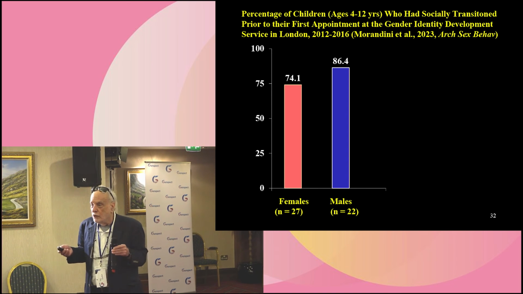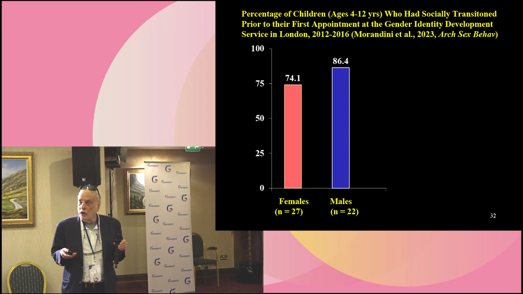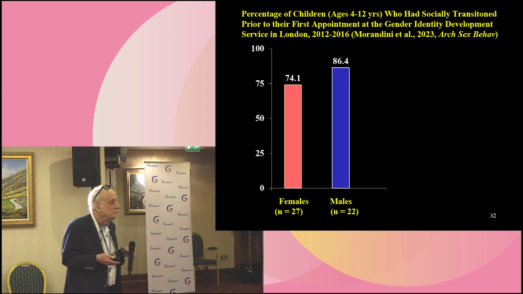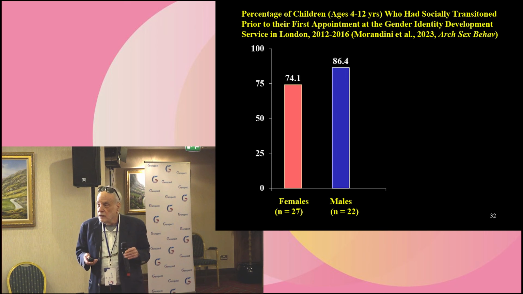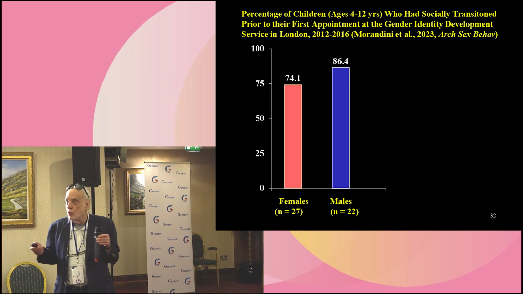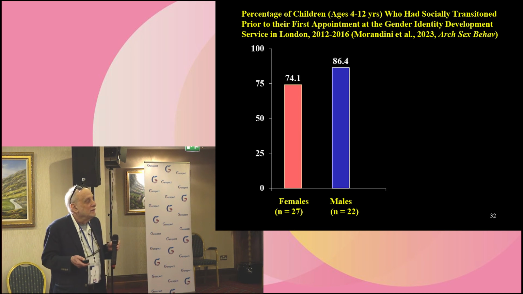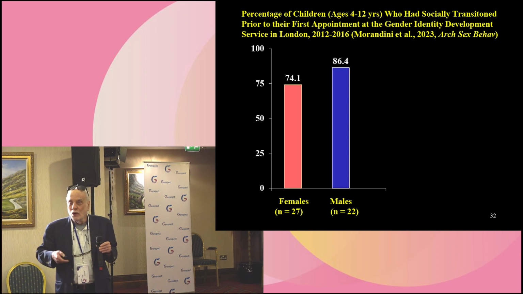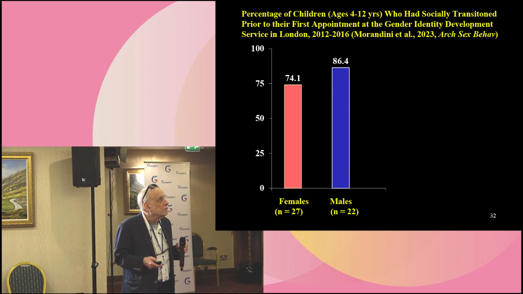And when you talk to other clinicians at other clinics around the world, this has become much more common, that kids are coming to a clinic and they've already socially transitioned, some at very young ages. So you can ask, why do they come to these clinics? If they've already socially transitioned, what do they need or want? And some colleagues tell me, well, we just want to get on your list, so when our kid approaches puberty, it'll be easier for us to see you, and so on and so forth.